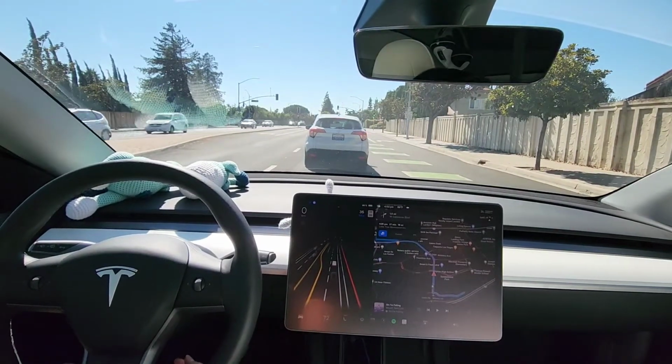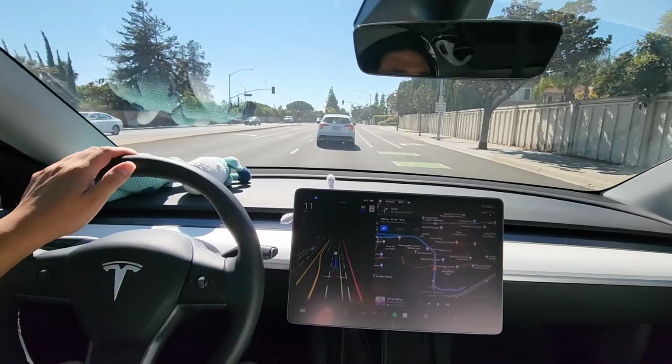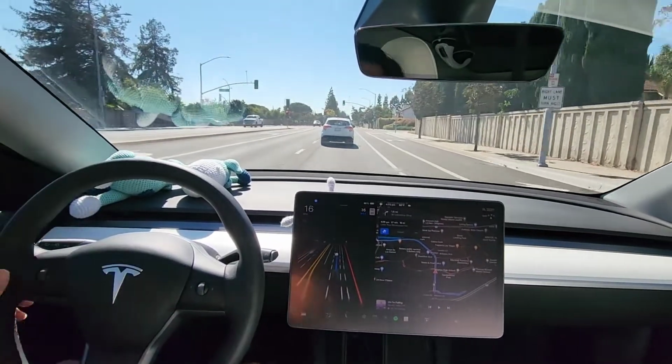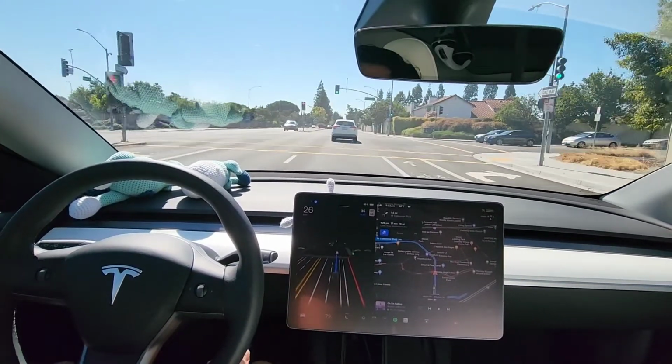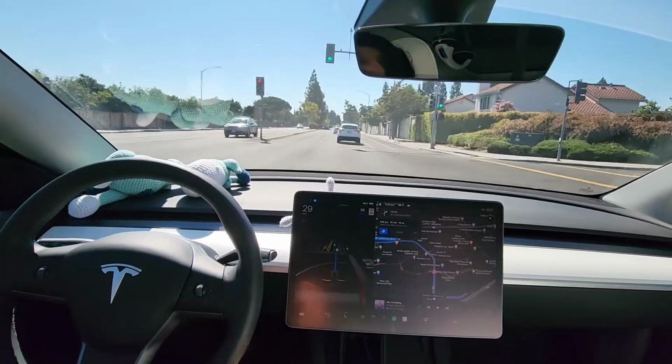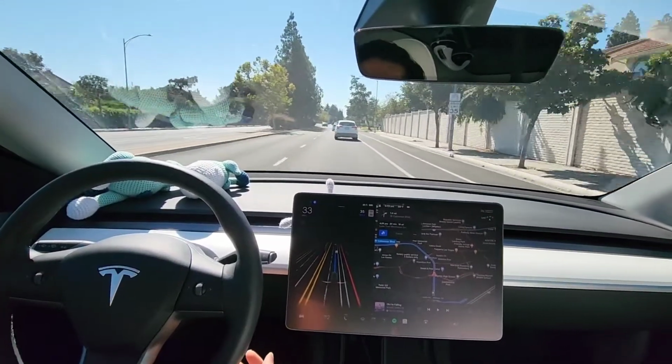Doing good so far. Hopefully you guys can see everything. I think I knocked the camera so it's not centered right or something, but whatever. Okay. And it's doing all of this on its own. Again, I'm not doing anything except every so often it tells me to put some pressure on the wheel,